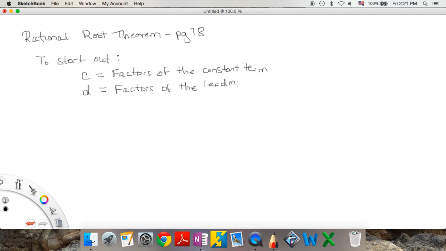That's the coefficient in front of the highest term. So if it's a degree 4 polynomial, then the leading coefficient is the number in front of the x to the 4th. Then you take these numbers, and you have C over D, and those are your possible rational roots